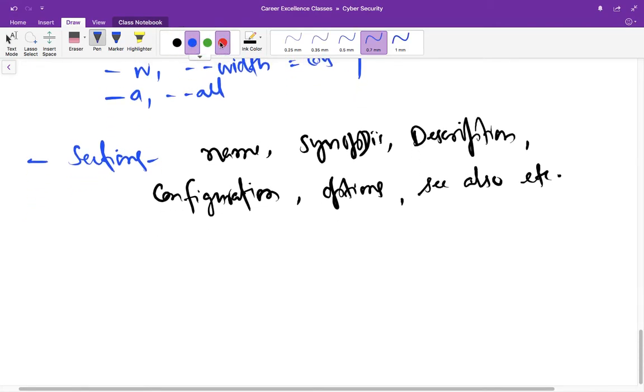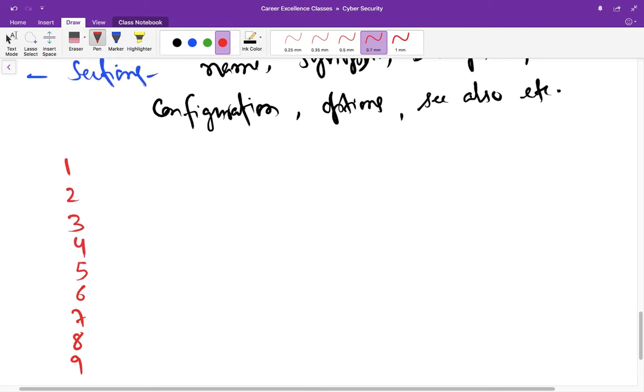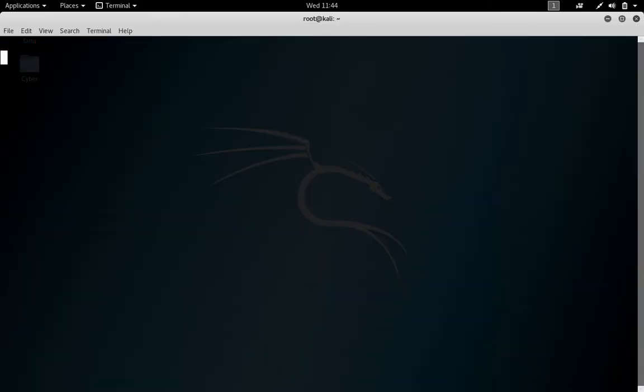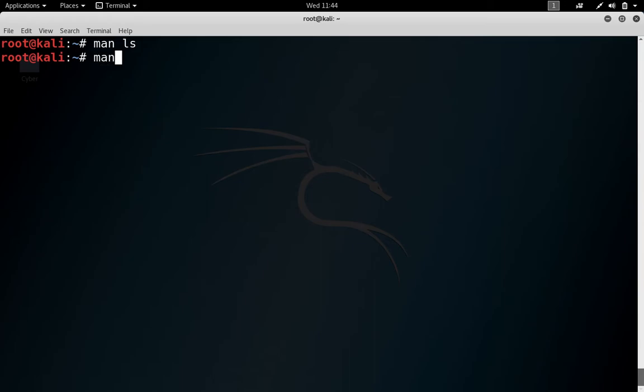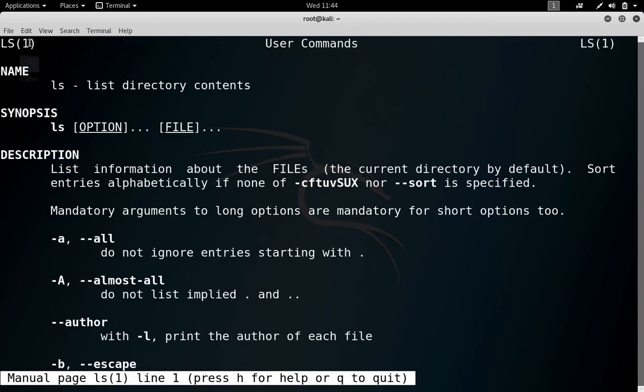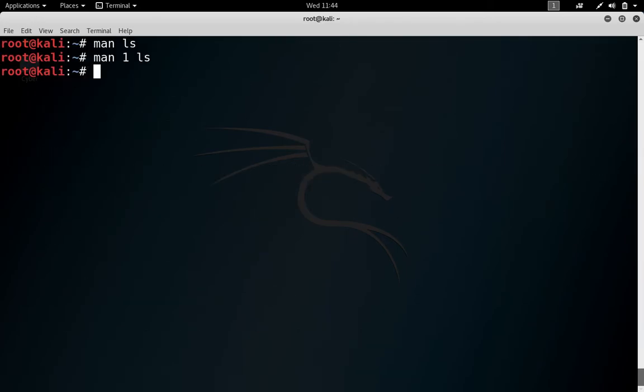So I will write them for you. I have section numbers starting from 1 to 9. And if a man command comes from area 1, 2, or any of them, that means it has a special meaning. Let us go to the man page first and see where you can see this number. Do man ls and you can see it here. This is the section number, right? You can see if a command is coming from multiple sections, then try to check man 1 ls, and this content is coming from the first section.